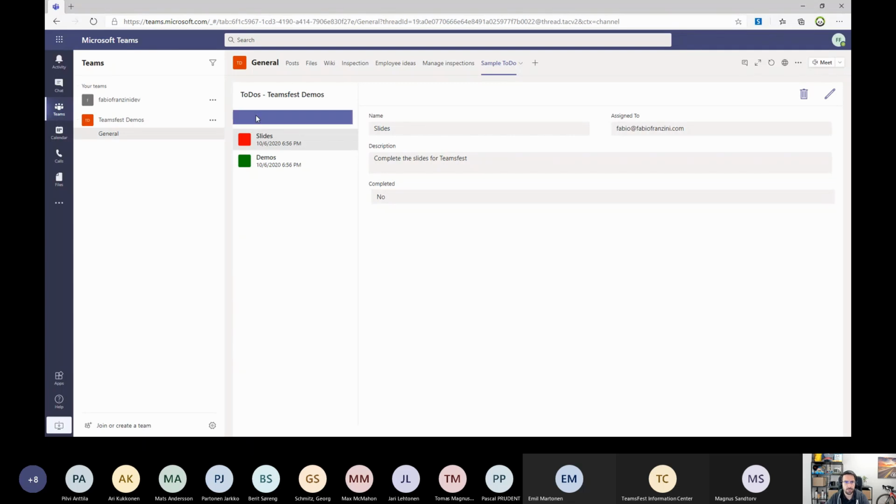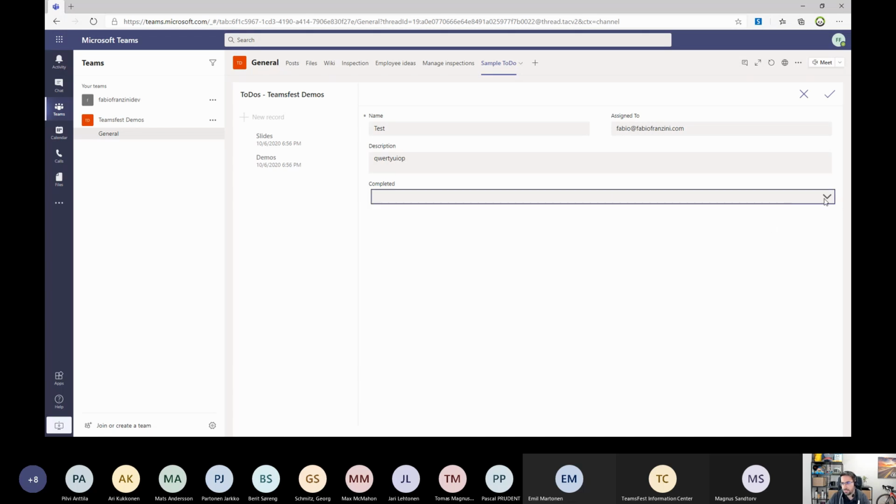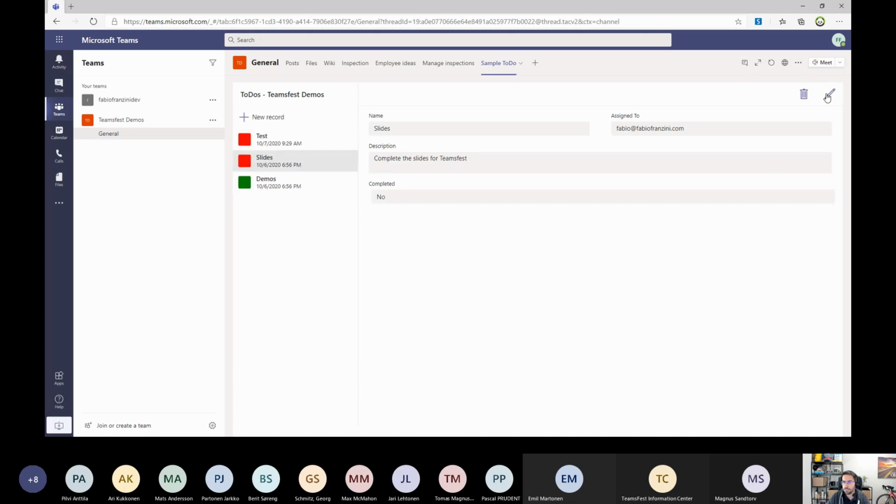So basically, we are able to click on new record, like, for example, test, assigned to my email again, then some description, and then whether this is completed or not, then click this icon to save.